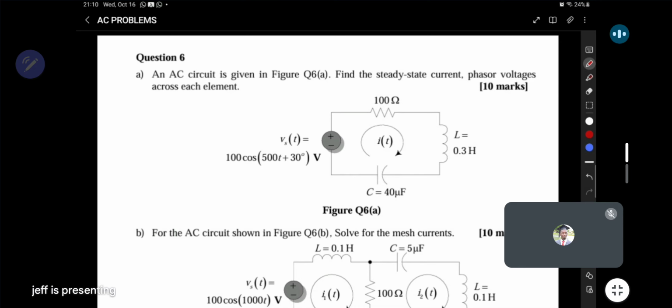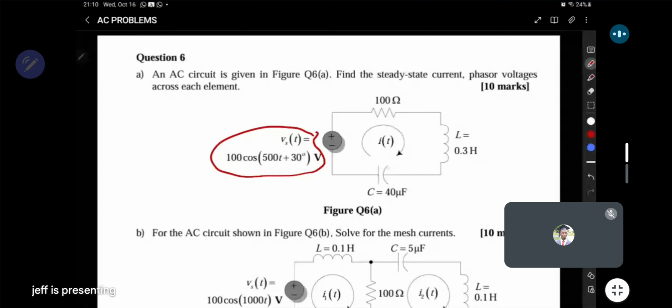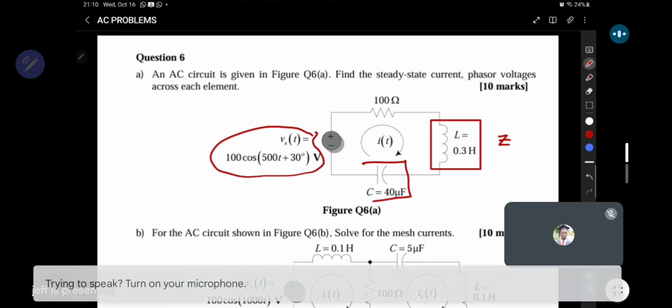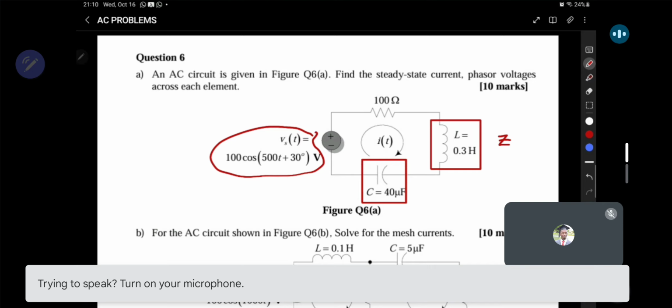So like every other AC problem, if the supply is given in AC, you want to change this circuit from the time domain to the polar domain, or to its phasor form. If you have an inductor, you want to change it from looking at it in terms of the inductance to looking at it in terms of impedance, so that you can treat it just like any other resistor. If you have a capacitor, you can also change the capacitor and look at it in terms of